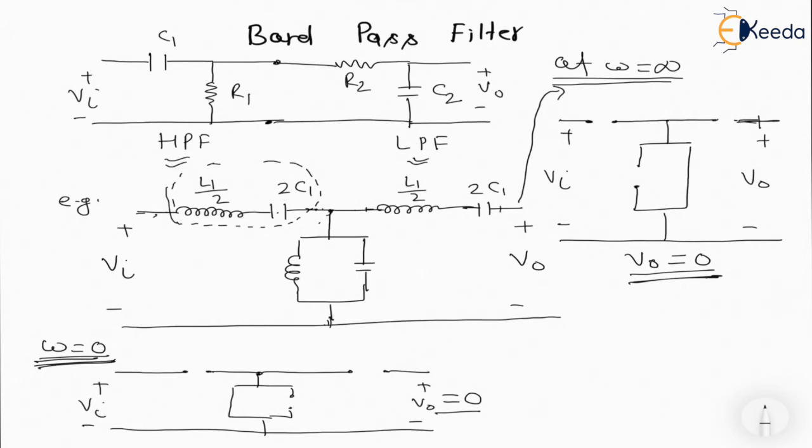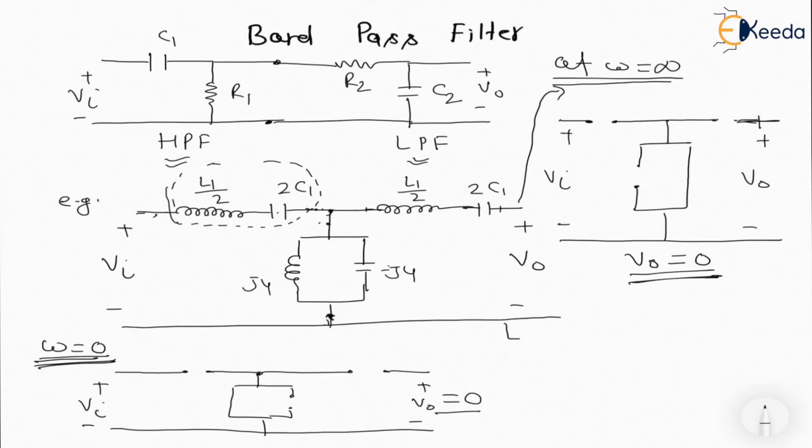We have discussed in earlier. Let us assume this is j4 and this is minus j4. So the total impedance we will calculate. So total impedance will be infinity. So we can represent this by open circuit. So at condition of resonance, if series LC is present, then that can be represented by short circuit, and if parallel LC are present, then that would be represented by open circuit during resonance condition.